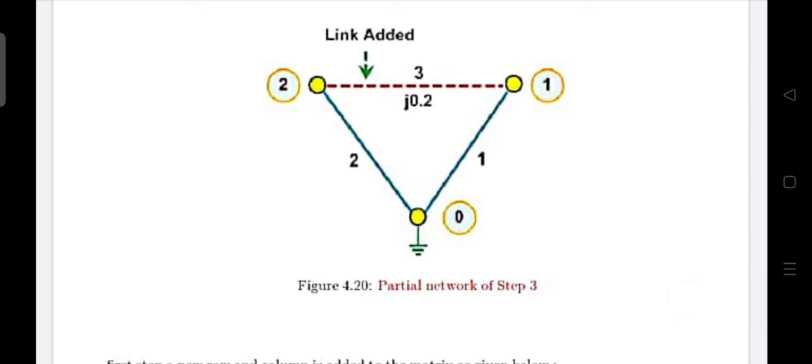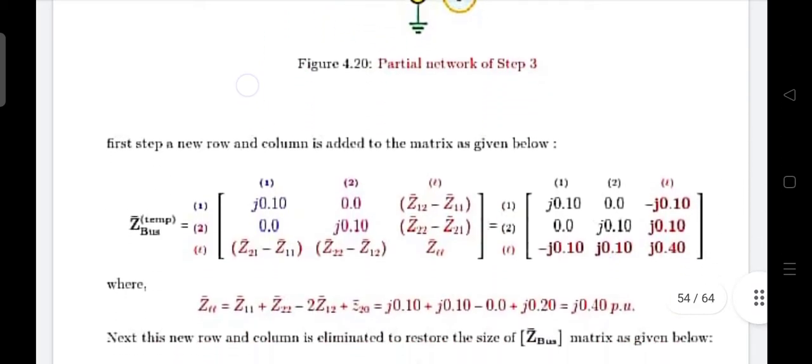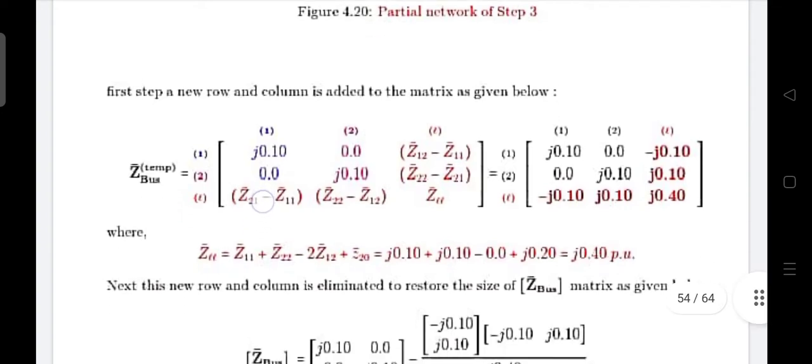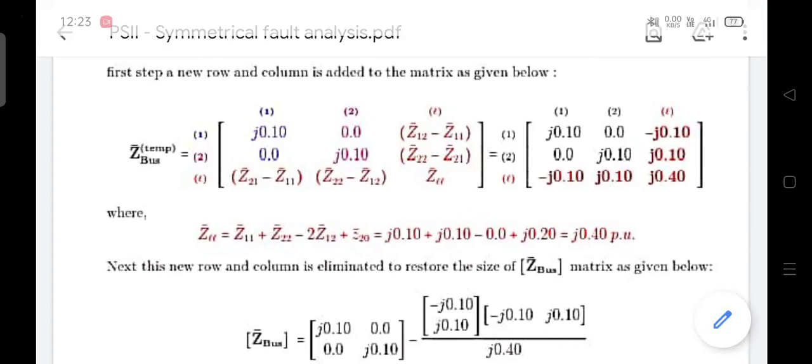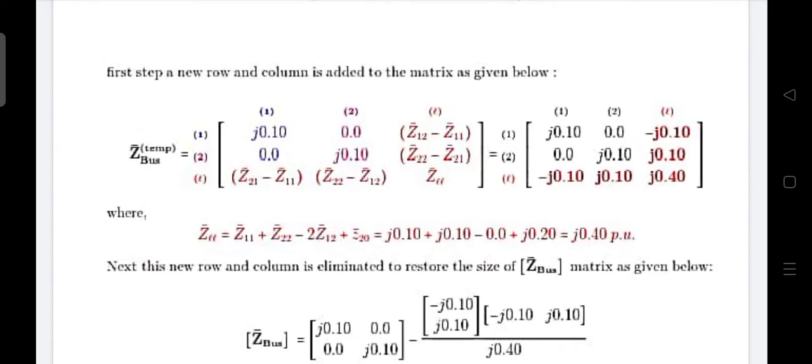The impedance of this line 3 is 0.2. So the new impedance will be, it is a modification 4 as we are adding between two old buses. Okay, so first the Z old bus, and then our row and column are the difference between these two old buses. So 1 2 and 2 1, right, bus 1 and bus 2, and the diagonal impedance will be same, equal